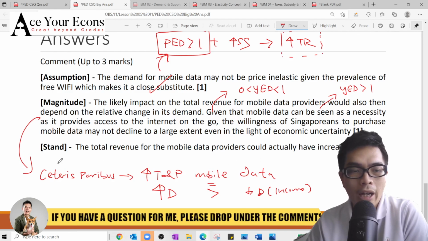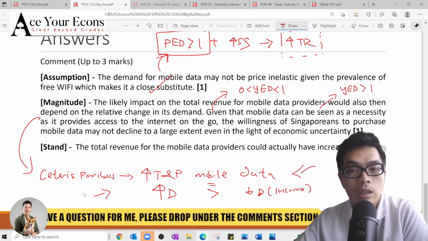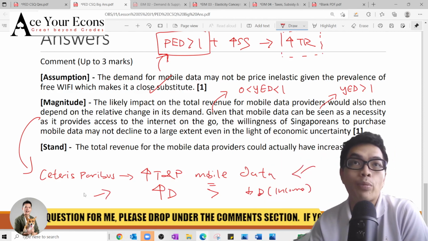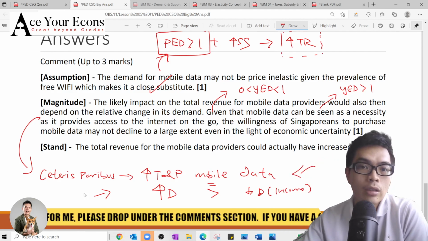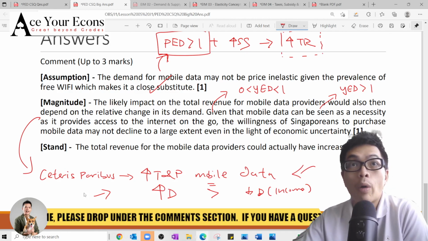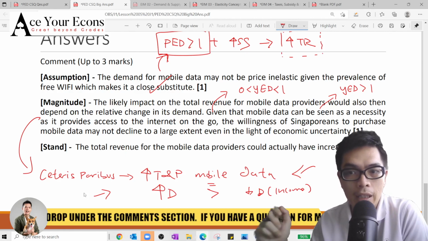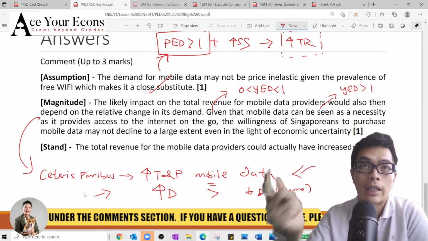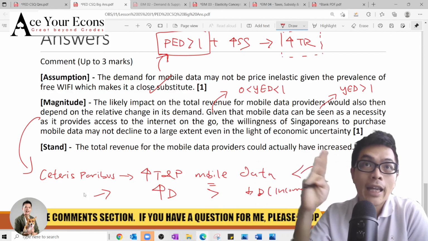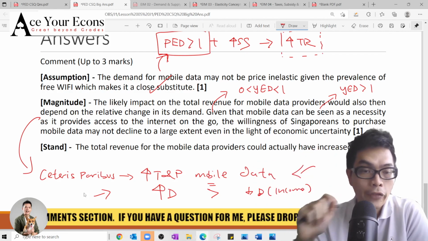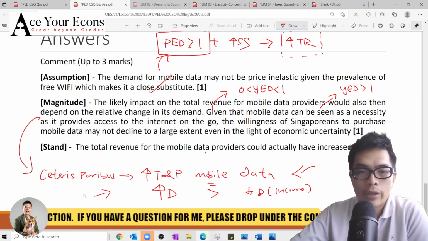So in hindsight, I think this is easier to understand. Ceteris paribus: whether there are additional factors present, there is not in the extract. But for my stronger students, you can consider critiquing on YED, the nature of your good, whether it is a luxury good or a necessity good. The extent of your demand shifting to the left will differ. So overall, your total revenue could remain the same or increase.